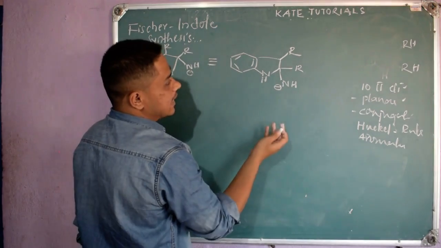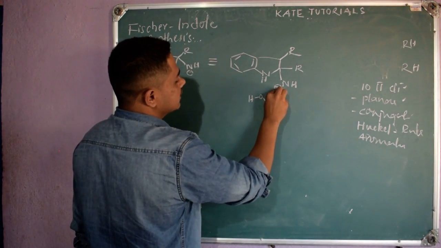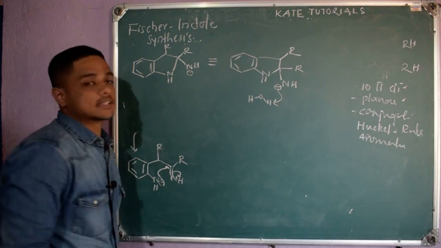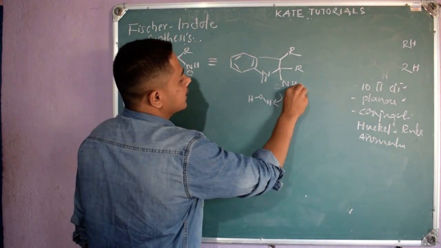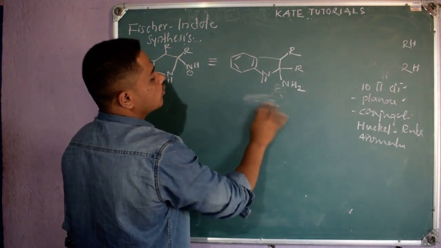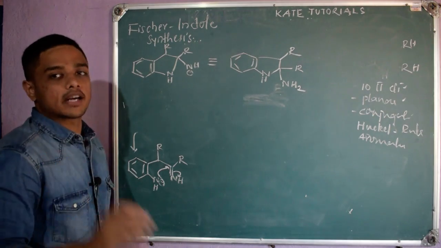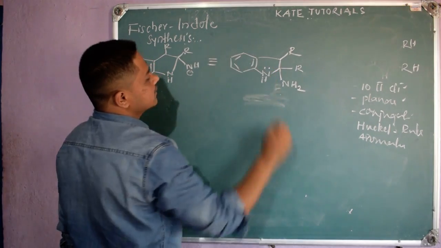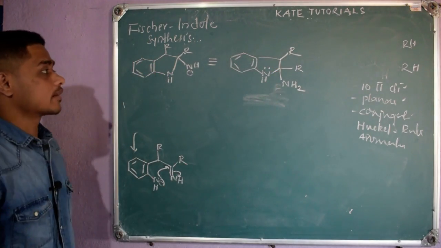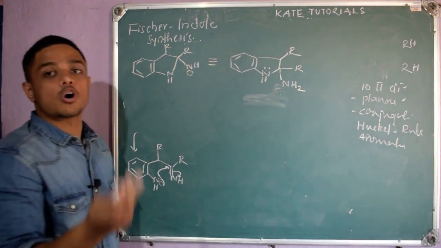This reaction is happening in the presence of water. So this negative charge will take a proton from the solvent, so it will become neutral, giving NH2. So it took the proton and became NH2. And we know that indole is an aromatic compound, right? But this is not aromatic, see 2, 4, 6, 8. 8 pi electrons means anti-aromatic, right? And here no conjugation is there, so it is non-aromatic.